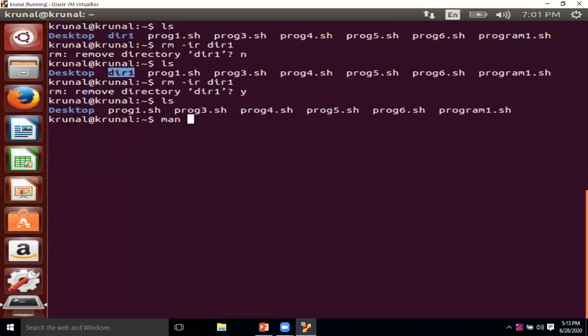Say for example, if I don't know the syntax, or I'm not aware of what options are available with any command, you can use this.